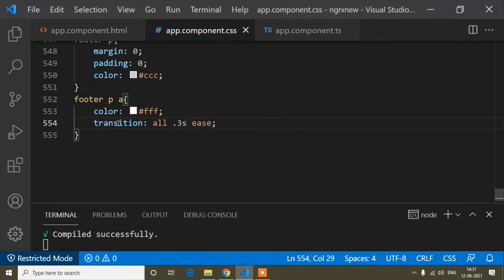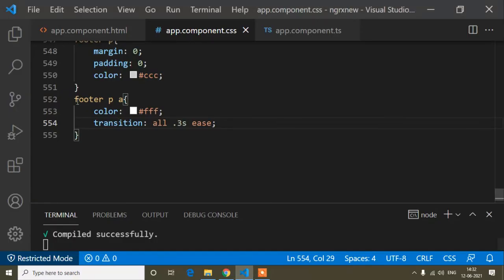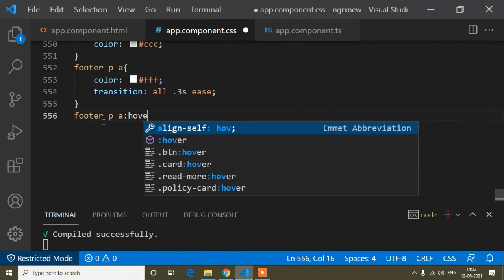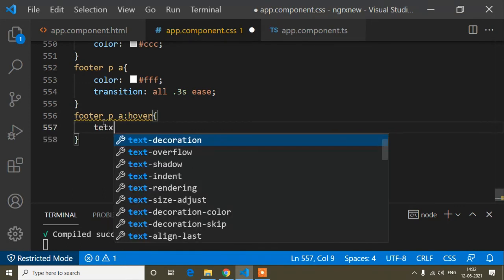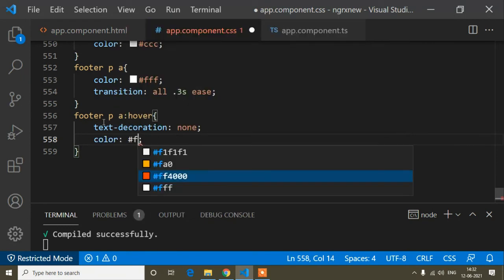And when I hover on this anchor tag, I will remove the underline and the color will be changed. So it's very simple. I will copy this one, paste, and here I will add the hover effect. The text decoration is none when I hover, and the color I will change into this color.